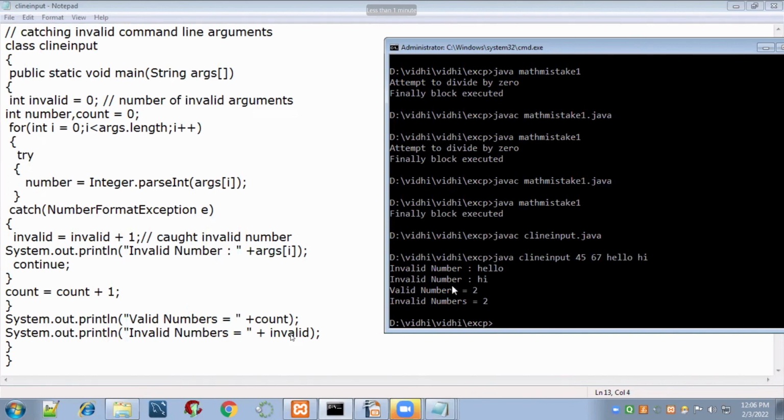There are so many programs, and the concept will only become clear when you